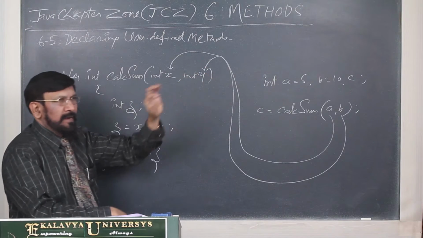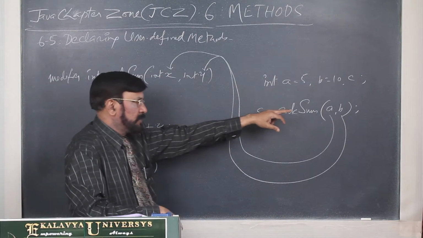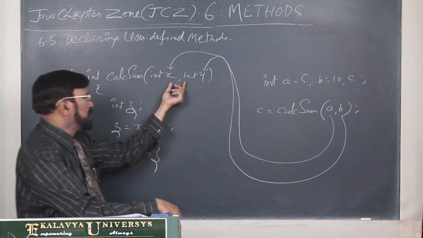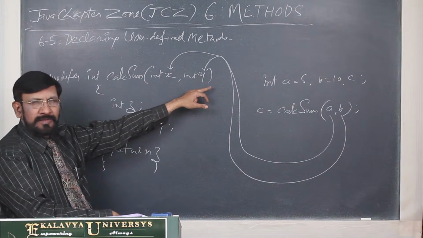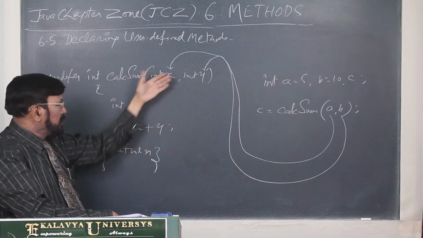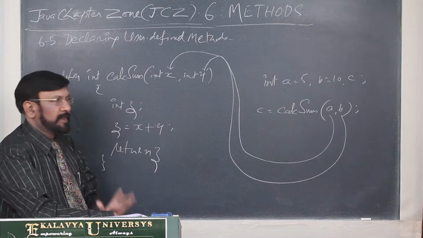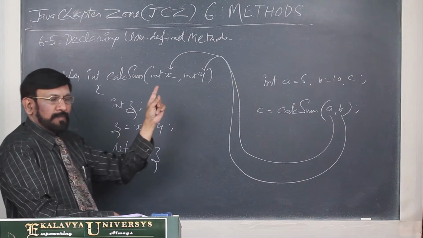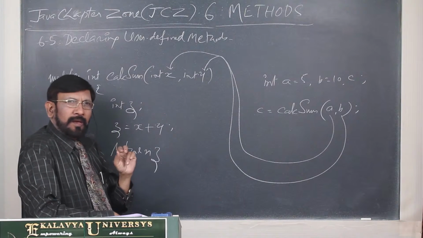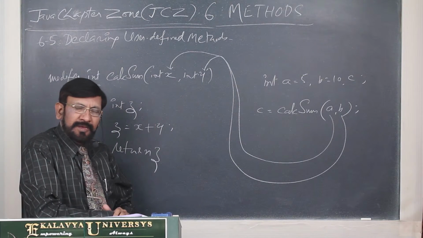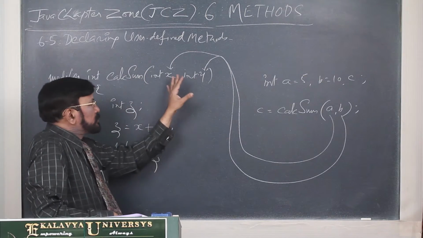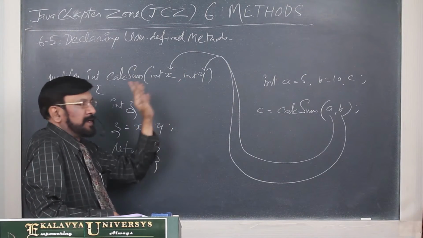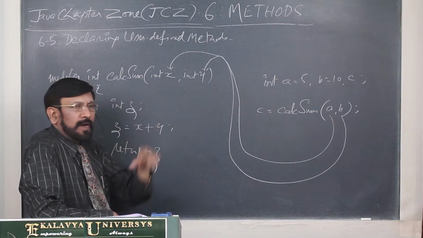These are temporarily holding the values of the actual arguments for this process. And through these formal arguments or parameters, the values are provided to the method. One more thing I already told you: if any parameters are there, each and every parameter should be declared independently and they are separated by comma.